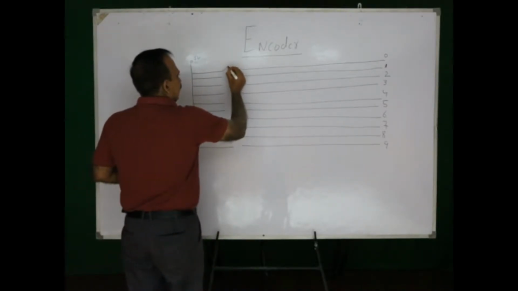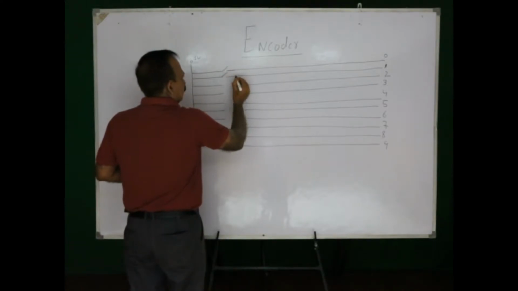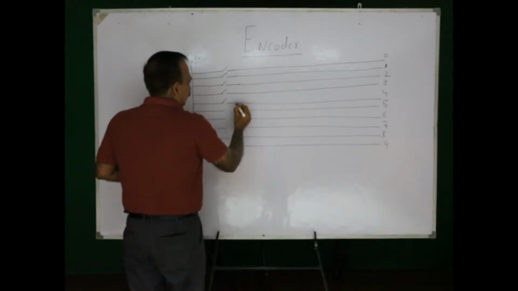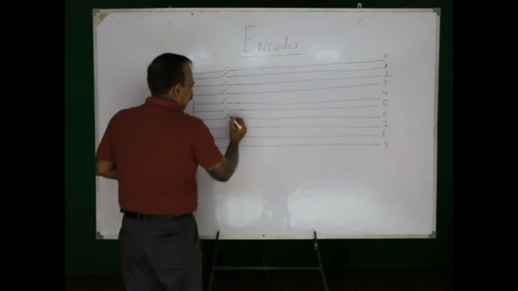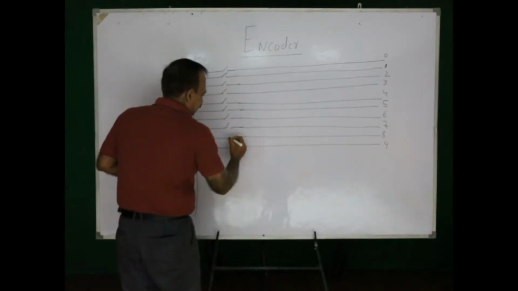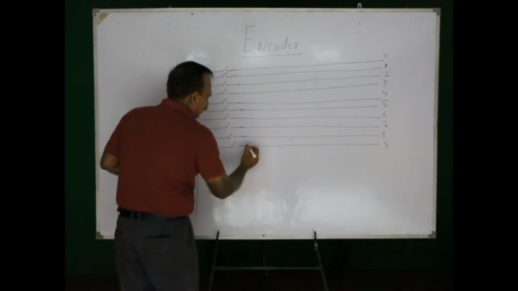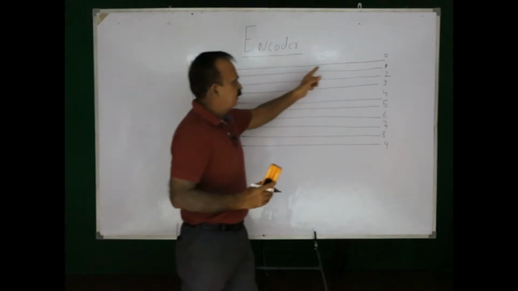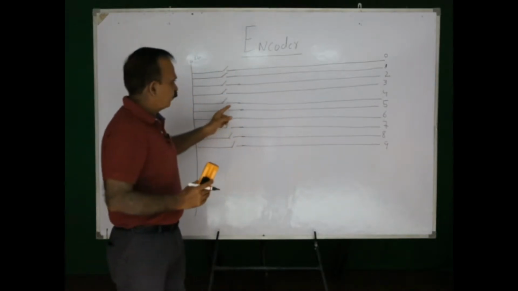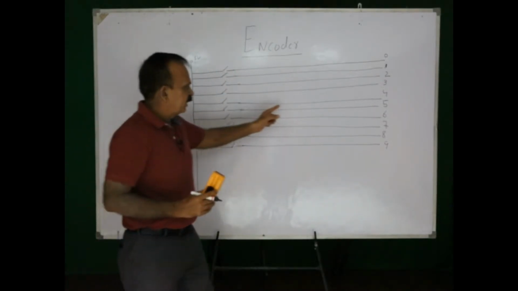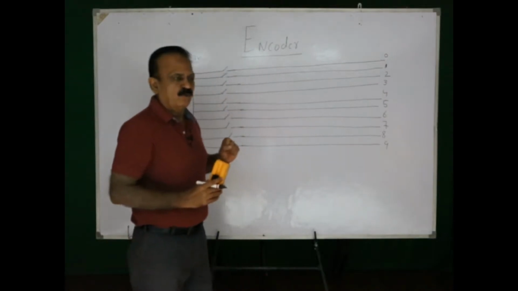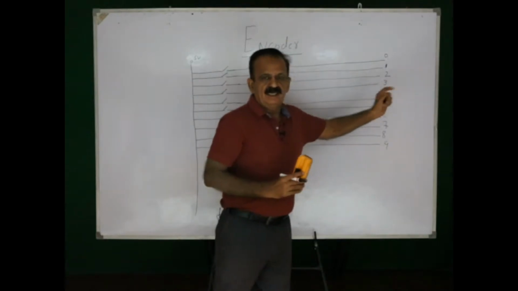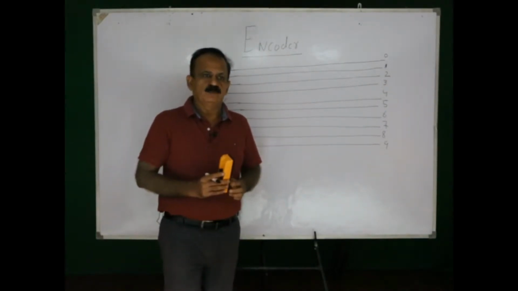We are having switches here. Now these switches are open. Whenever any of the switch is pressed, there will be current in the corresponding horizontal wire. I hope you understand this, that whenever this switch is pressed, this point will be connecting, and there will be current in the horizontal wire. Say the switch for 4 is pressed, there will be current in this wire for 4. If switch for 2 is pressed, there will be current in this horizontal wire representing 2.